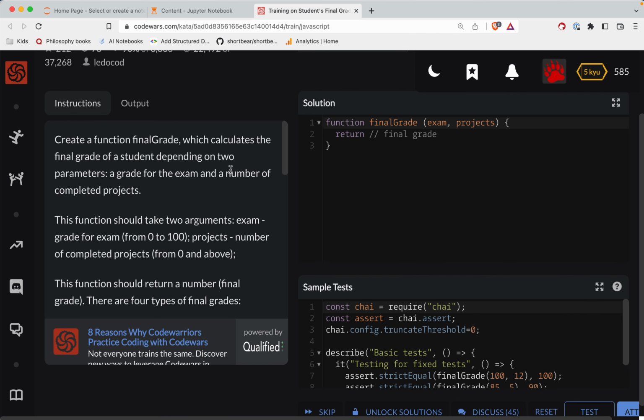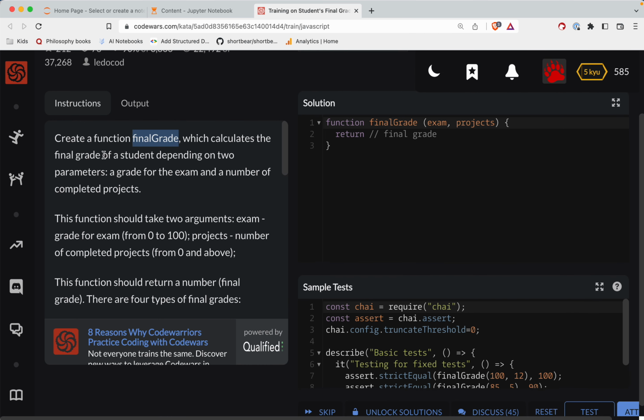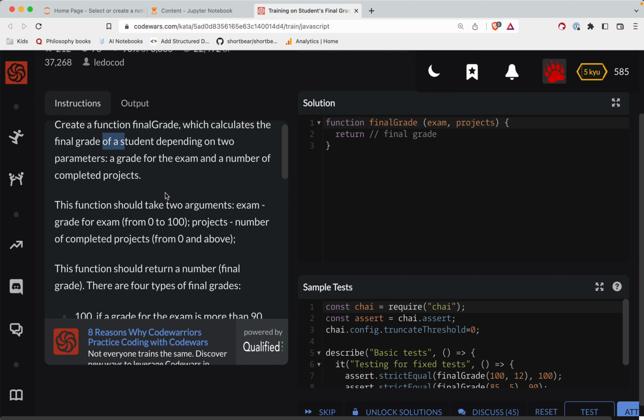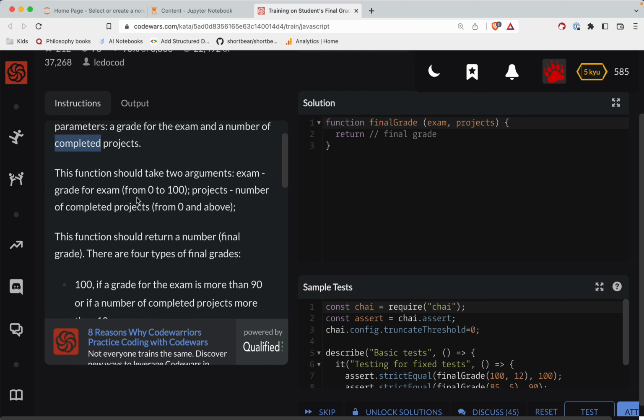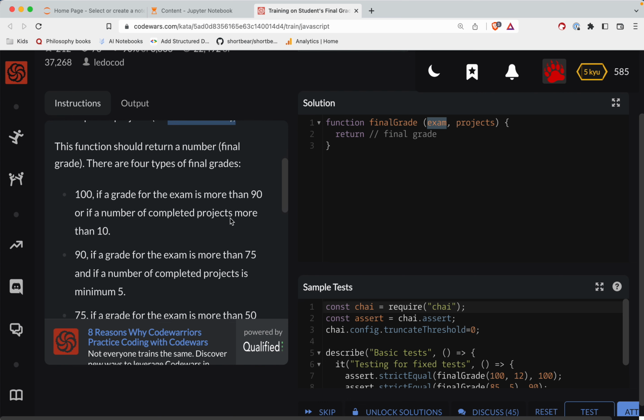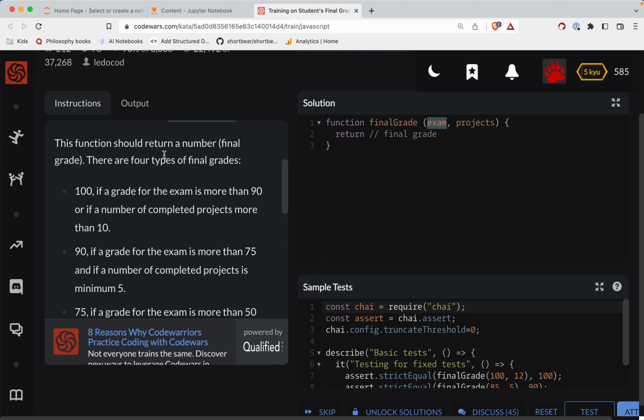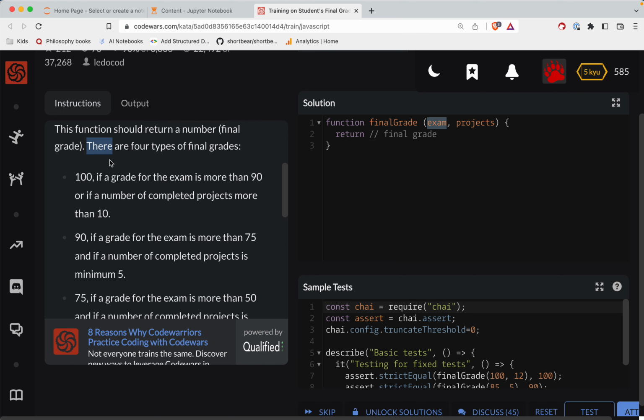All right, so create a function, finalGrade, which calculates the final grade of a student depending on two parameters: a grade for the exam and a number of completed projects. The function should take two arguments: exam, the grade for the exam, 0 to 100. So that's this. And then projects, the number of completed projects, from 0 and above. This function should return a number, the final grade. There are 4 types of final grades. 100 if the grade for the exam is more than 90, or if a number of completed projects is more